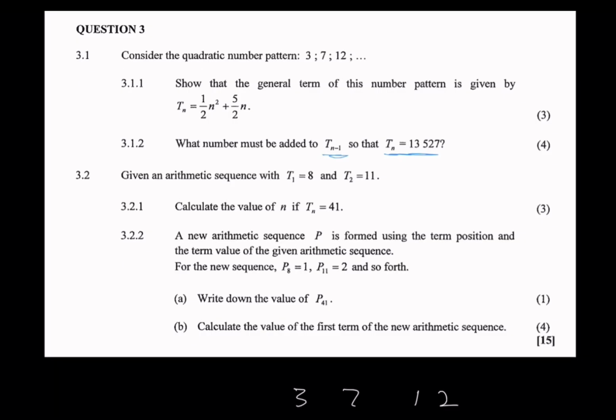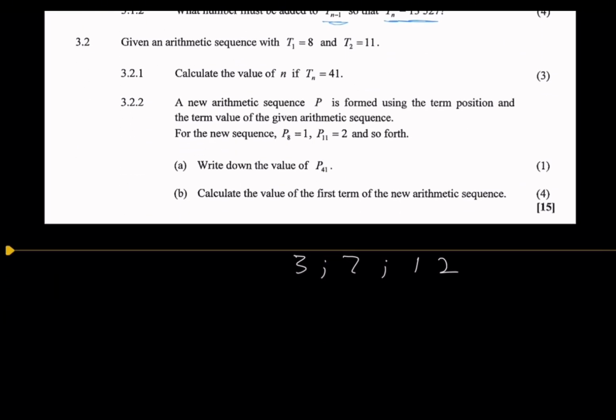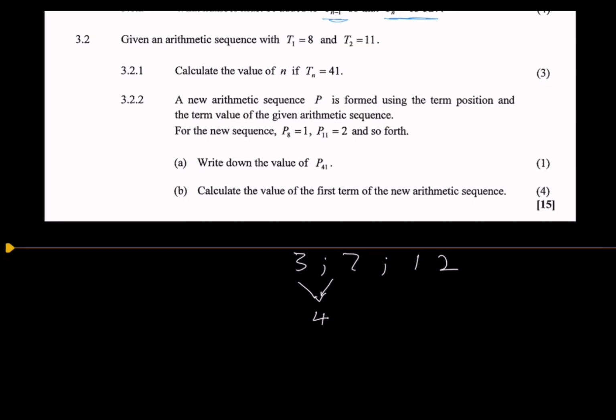So first and foremost, we must find our first and second difference. And how do we do that? We know that our first difference is going to be T2 minus T1, which is 7 minus 3, which is 4. And we know that T3 minus T2 is actually equal to 5. And getting our second difference, we know that this is 1. Therefore,